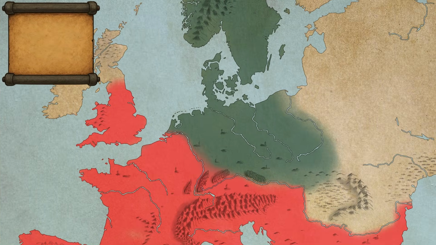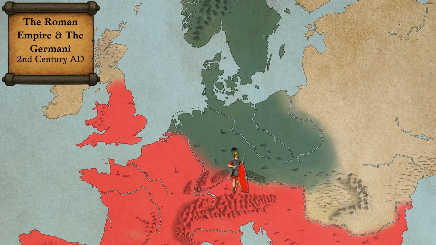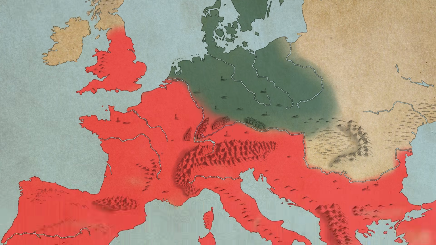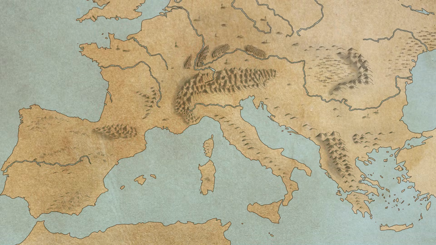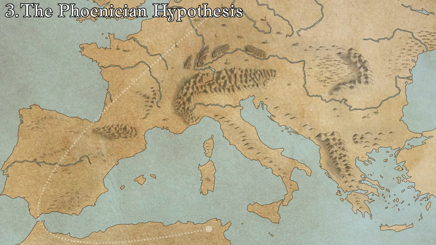For example, the Swedish scholar John Troeng postulated in 2003 that some Semitic letters might have been inspired by Nabatean auxiliaries which were stationed at the Roman border in the 2nd century AD. Due to unfavorable conditions at the border, they were forced to conduct raids into Germania and eventually decided to settle amongst the Germanic tribes, bringing with them their script as well as the Latin letters which formed the basis of the runes. Whilst intriguing, I personally find the Phoenician thesis the most difficult to believe.